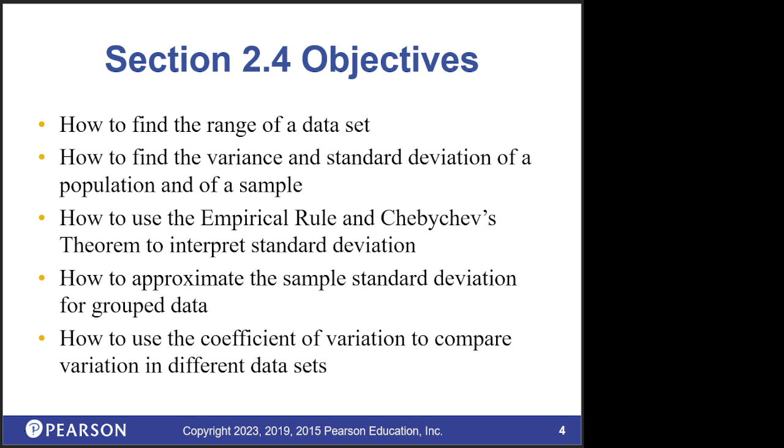We're going to define an empirical rule that gives a relative, quick, and easy way to talk about standard deviations. We're going to look at Chebyshev's theorem, which helps us with data that isn't symmetrical. And then we'll go back to our frequency distribution tables, and we'll learn how to approximate a standard deviation when we don't have every data value, but we have the midpoints and the frequencies. And then we'll develop the concept of a coefficient of variation that we can use for comparing two different data